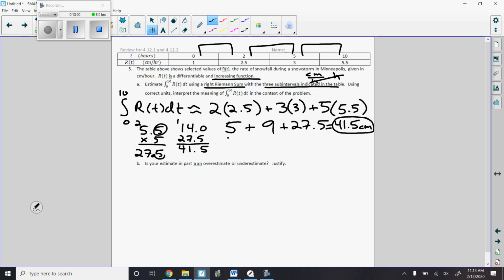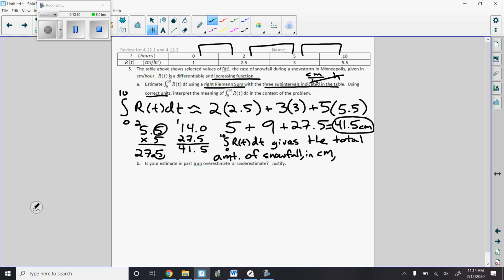I'm going to say the integral from 0 to 10 of r of t dt gives the total amount of snowfall in centimeters, right? That's the using the correct units part